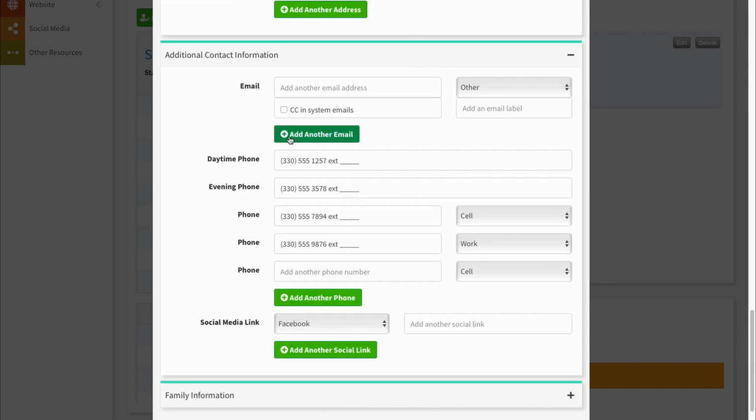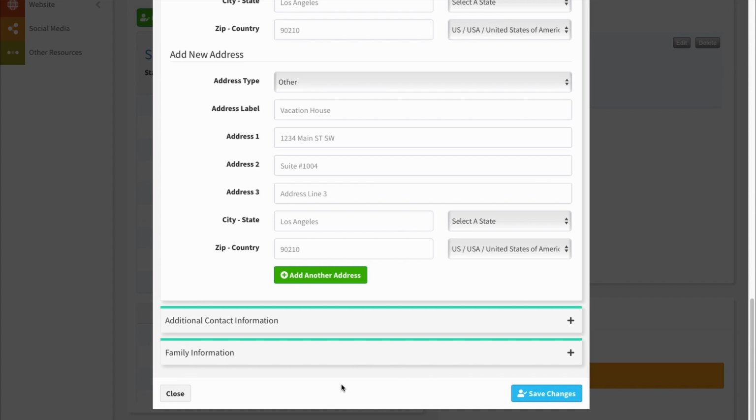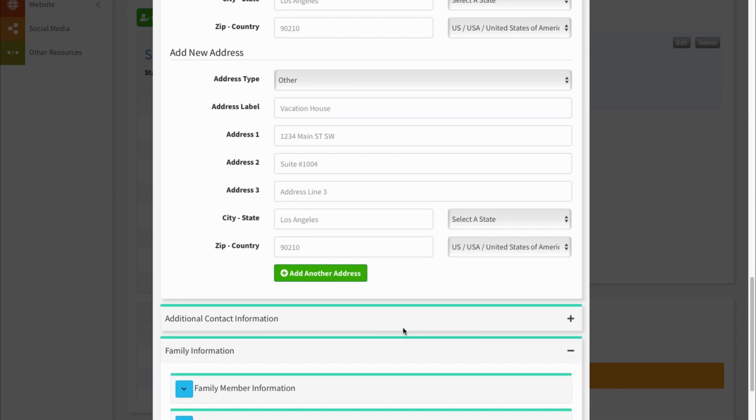Next, we have additional contact information. So this lets me put in social media information if I have links to their social media pages. But I can also do additional email addresses and additional phone numbers. With these, just like addresses, I can use this add another email or add another phone button to add as many as I'd like. So we'll close that out, and then down here under family information, I can add family